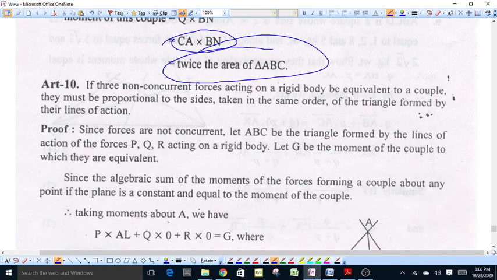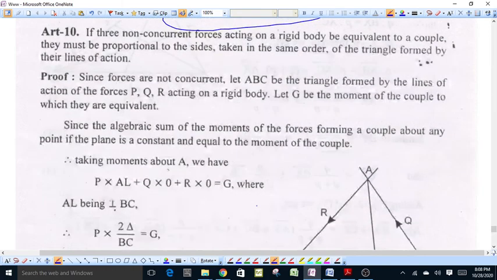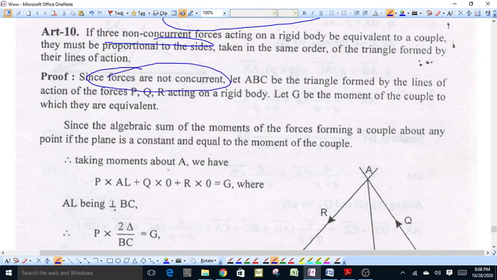If three non-concurrent forces acting on a body are equivalent to a couple, they must be proportional to the sides of a triangle, taken in the same order, formed by their lines of action. Because we have given three non-concurrent forces, suppose that ABC is the triangle formed by the lines of action of forces P, Q, R acting